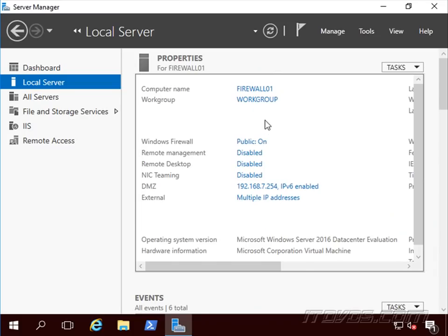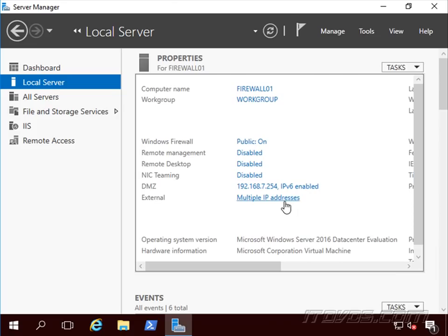So here I am on my firewall router. Now this is going to be a Windows system. Normally it would probably be some sort of Cisco device or some sort of firewall device. Could even be a device that's supplied by your ISP. Whatever it is, the concept's the same. We're setting up a NAT, network address translation. If you only have one external IP address, then it could also be called port forwarding you need to set up for port 443. But normally we'll have multiple public IP addresses that will be on our external NIC